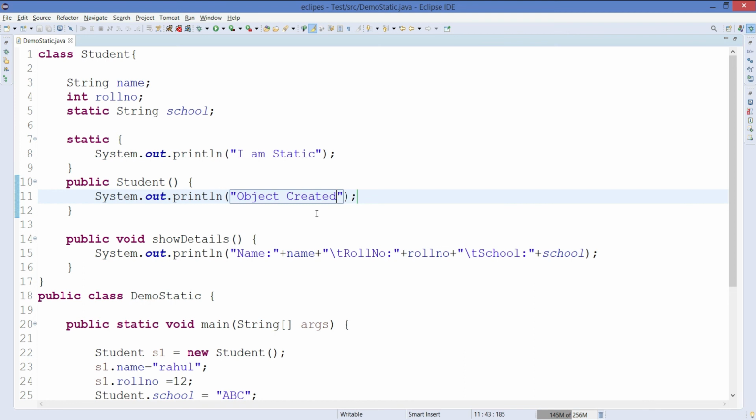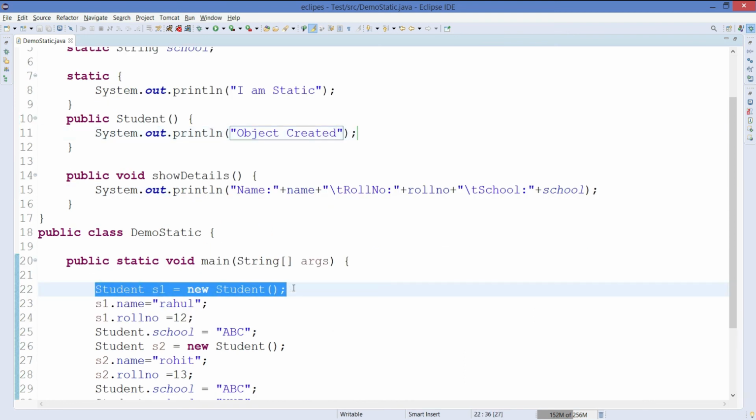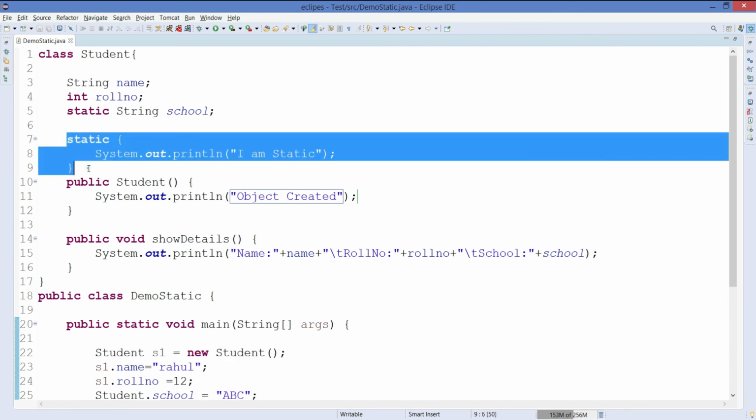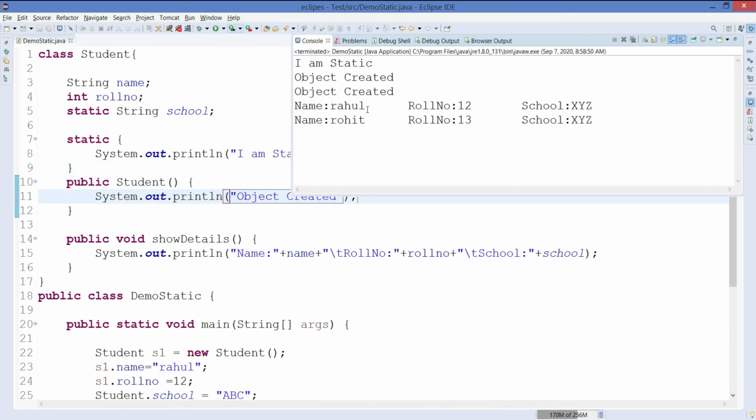So the flow of the program should come first into the static block and execute it, and then when the objects are created, this statement will be executed. Let's see the output. We can see the output is I am static printed first, and then we have object created, meaning the constructor is executing, and then we can see the method call that we have made.